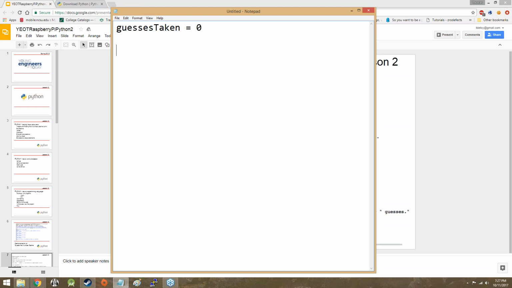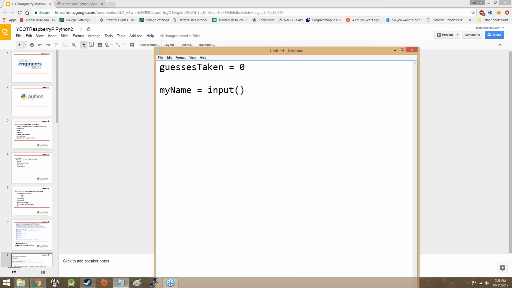So we're going to have a variable called my name, and we're going to set it equal to the value of input. Now, normally input would work like this. All input does is wait for the user to type something on the keyboard and hit enter. Input works like this. However,